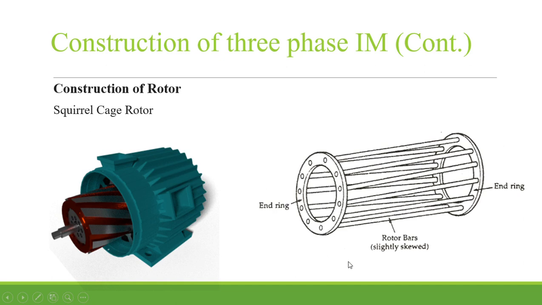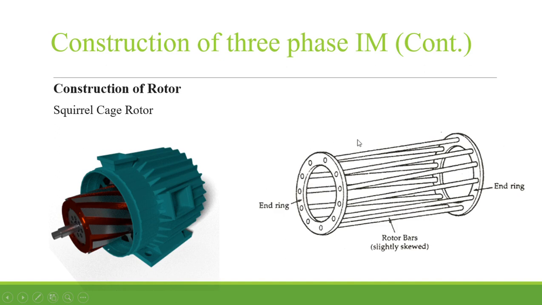So the rotor resistance is quite small, and it is not possible to connect some external resistance. For a squirrel cage rotor, we won't be able to connect any external resistance. There is no slip ring, no external resistance connected to this. This kind of motor is more robust and strong. So mostly we use the squirrel cage rotor. The construction of this rotor is very simple.